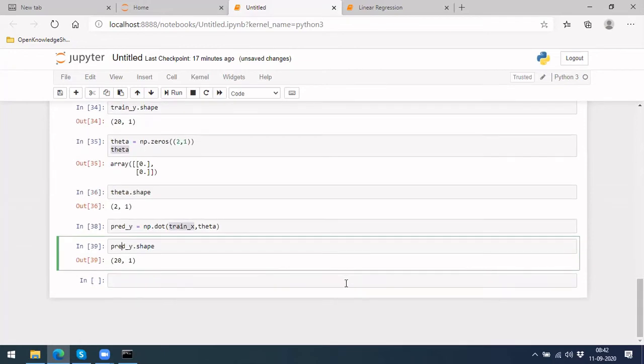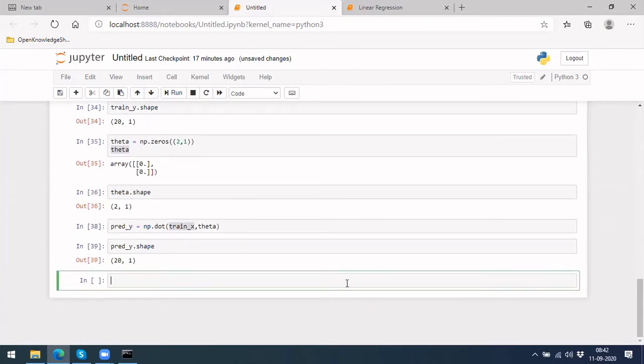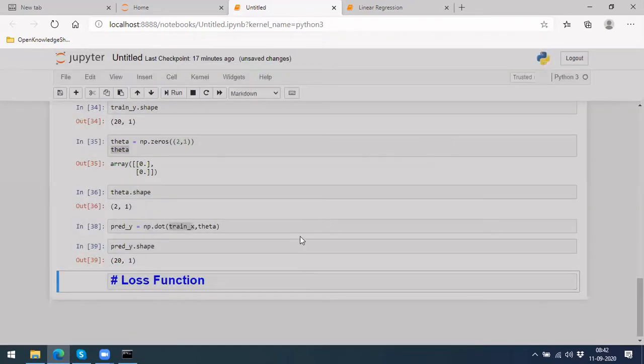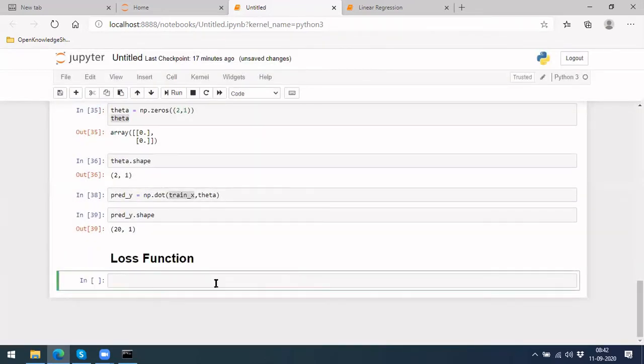So next is the actual critical step where we define the error function, the loss function. So what will be the loss function?